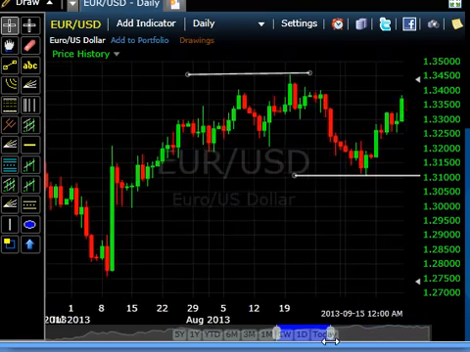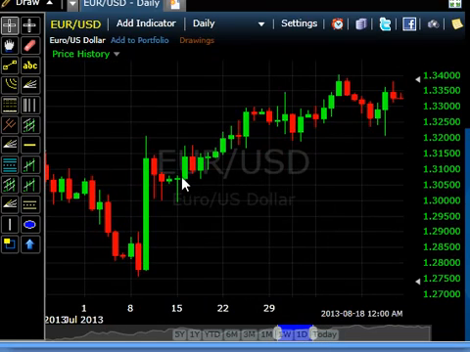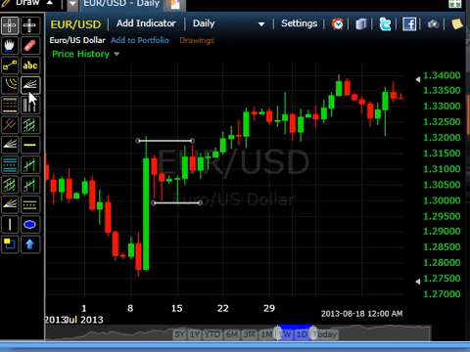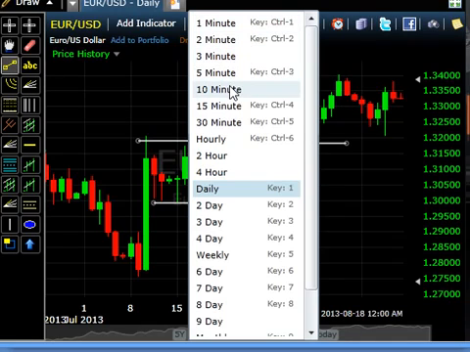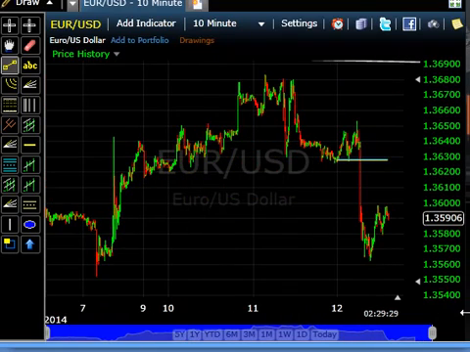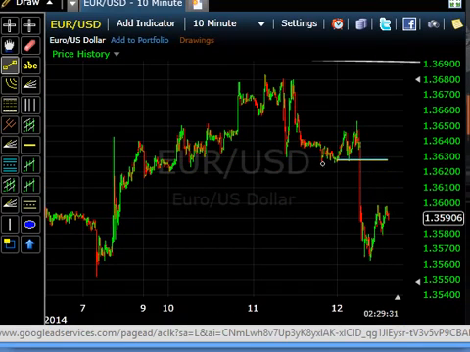We can zoom in here and start to draw even shorter term support and resistance levels. So here, a little resistance level, here a little support level, then the price continues higher, another little resistance level, another support level. And we can do the same thing on shorter time frames, pretty much any time frame you want, and you can show as many or as little as you want,